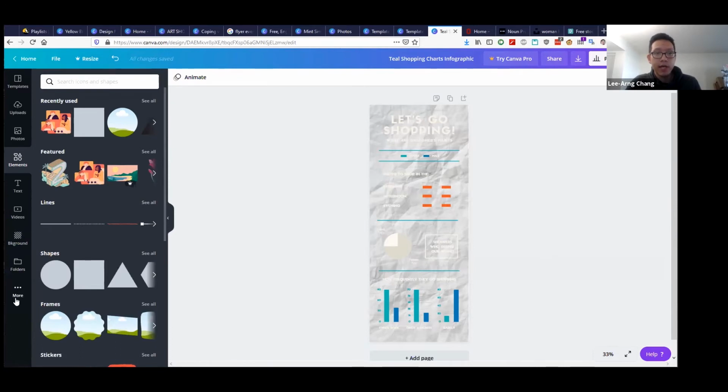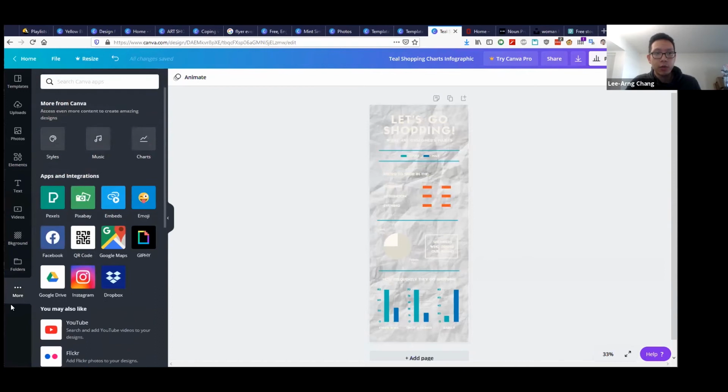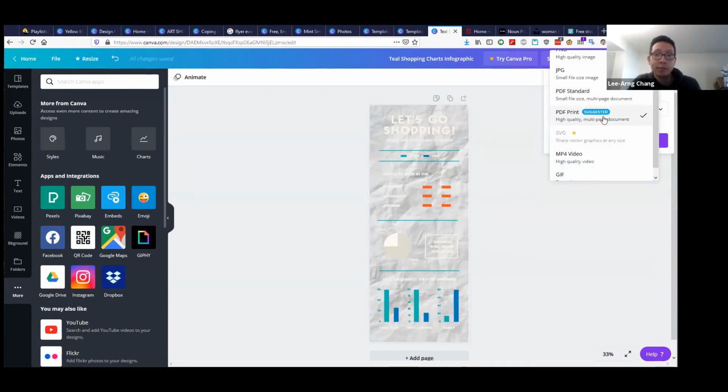Let me think, is there anything else that I want to show you? There are a lot of other options I haven't really touched. I think the last thing I want to show you is how to export this. So if you've created something, say I created this infographic and I want to put it into my PowerPoint. This is a little bit too big vertically, but say I wanted to put this into my PowerPoint. I can go ahead and download it or export it as a JPEG or a PNG file or a PDF.